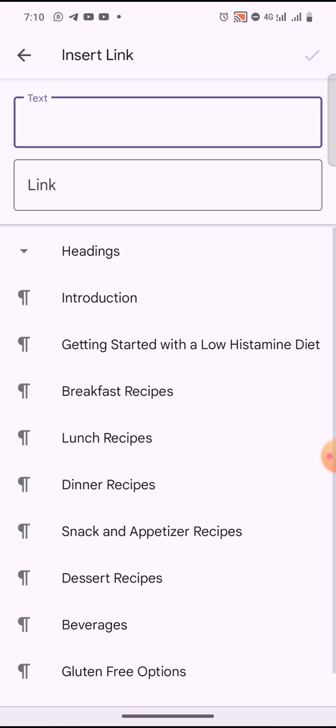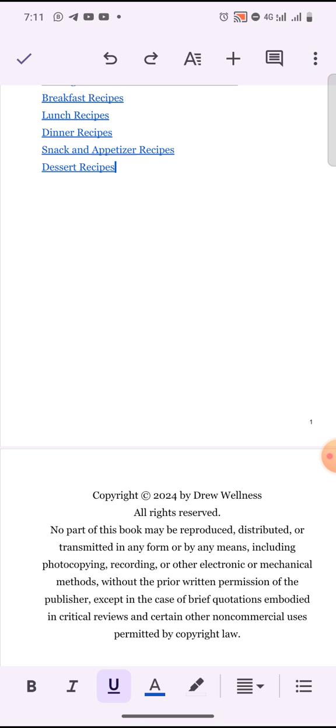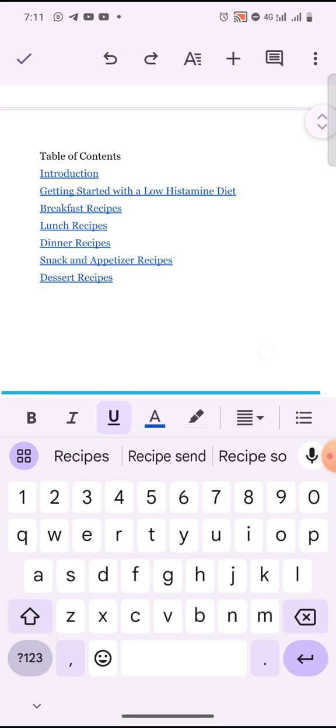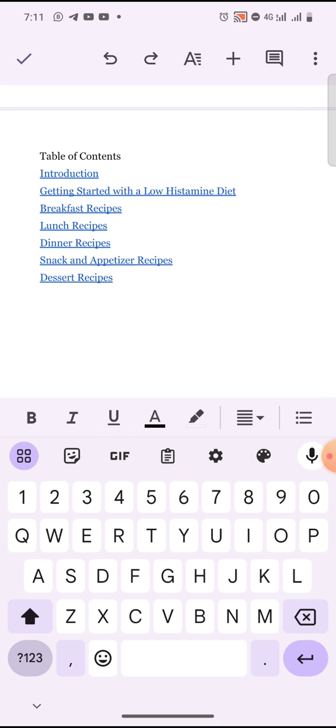Let all your table of content be in one page. It makes your book look more professional. If it's too much, you copy all the table of content and reduce the size,